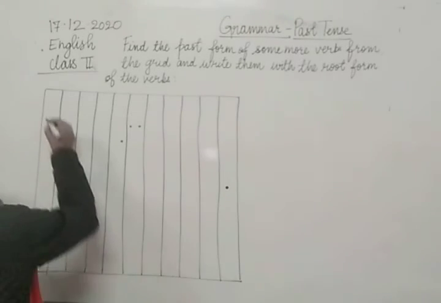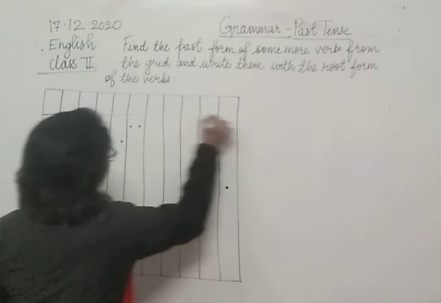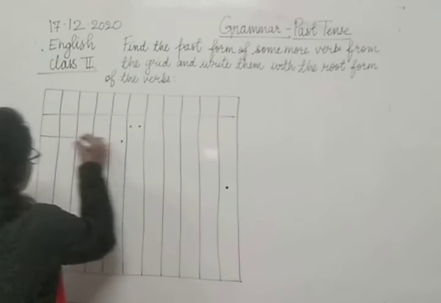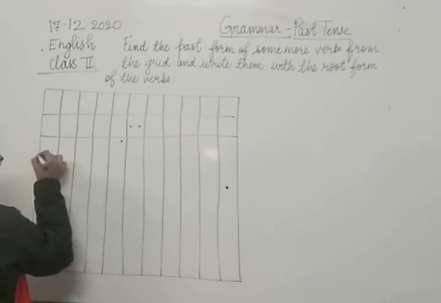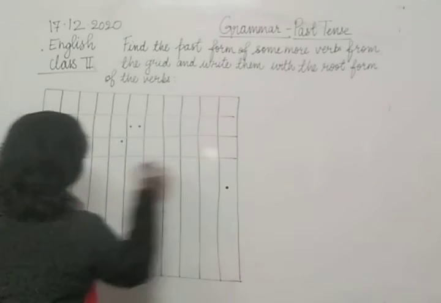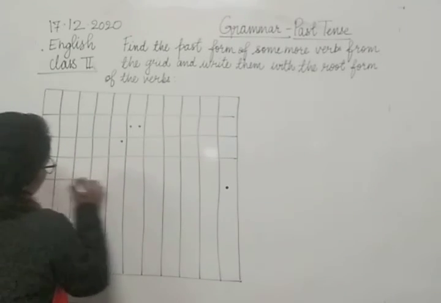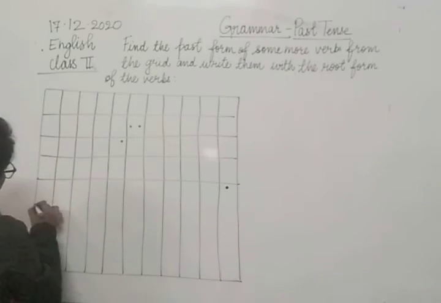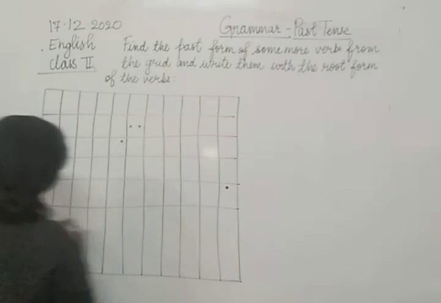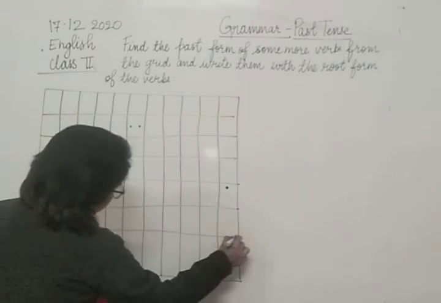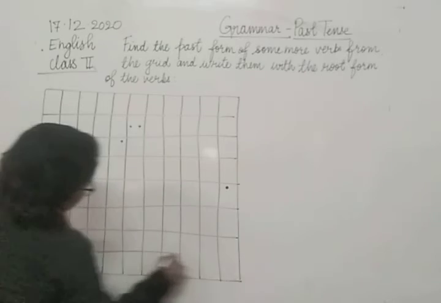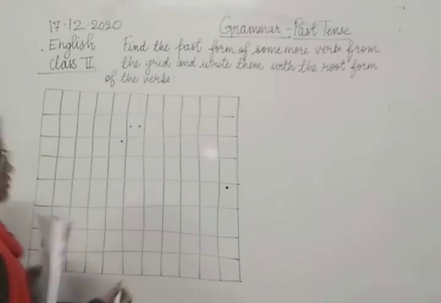Now I have to draw 7 lines from this way. 1, 2, 3, 4, 5, 6, and 7. I have drawn it without